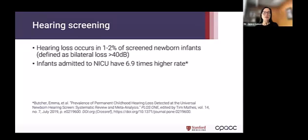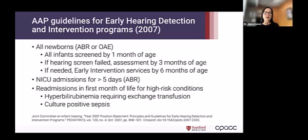I'm going to move on now to hearing screening. Hearing loss occurs in approximately 1 to 2% of screened newborns. Infants that are admitted to the NICU have about a 7 times higher rate, and this is why they need additional hearing screening. So the AAP guidelines that came out in 2007